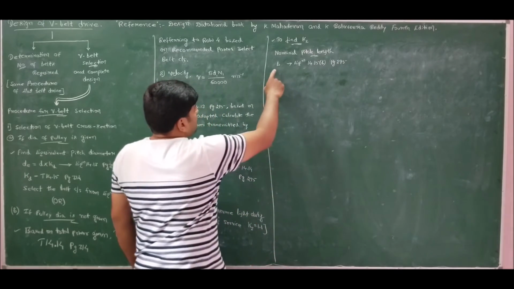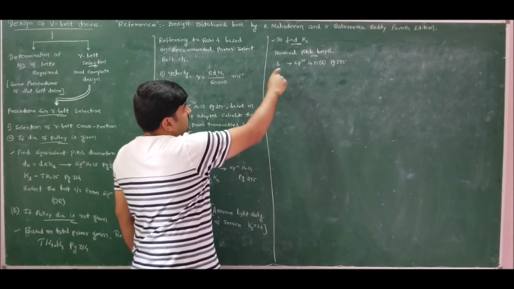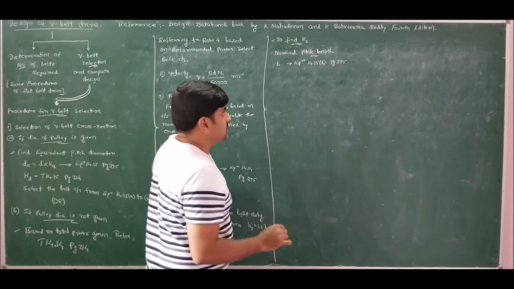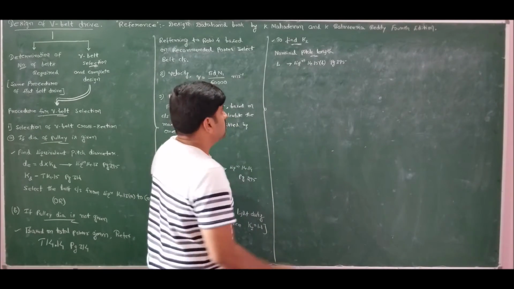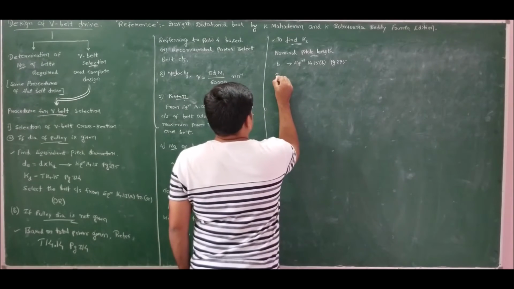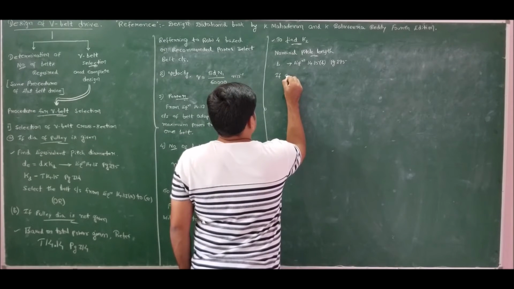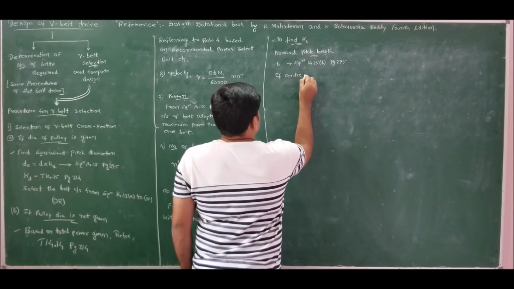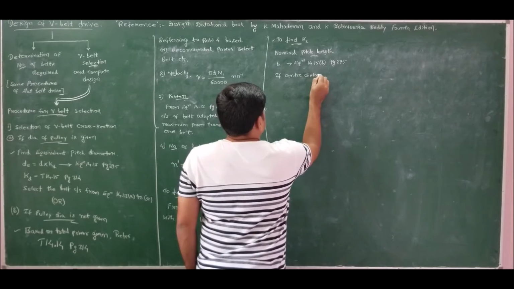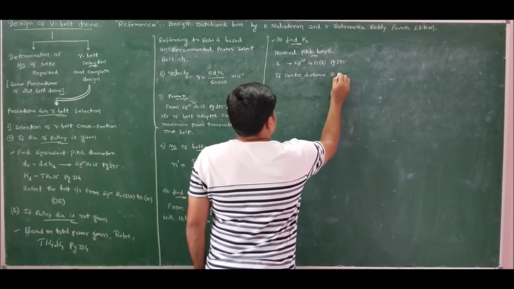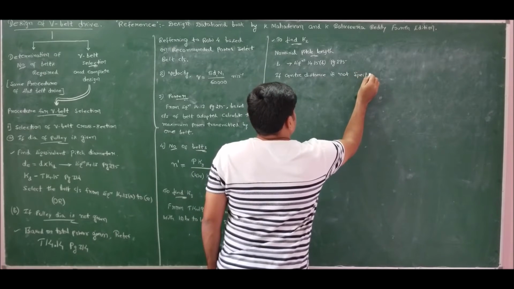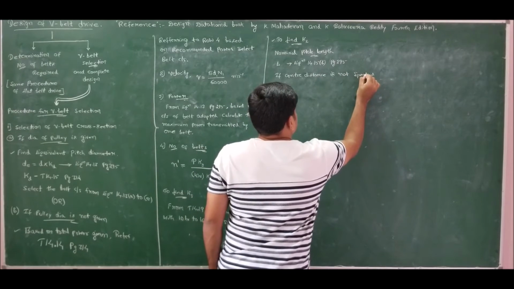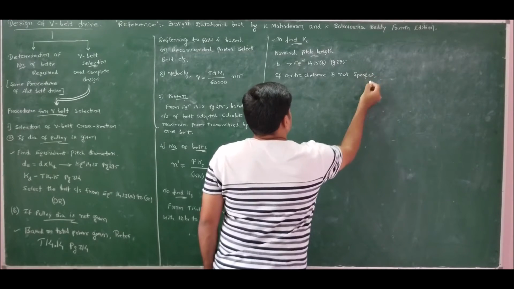This equation is based on center distance. If center distance is known, directly we can calculate the nominal pitch length. Here, if center distance is also not specified, then